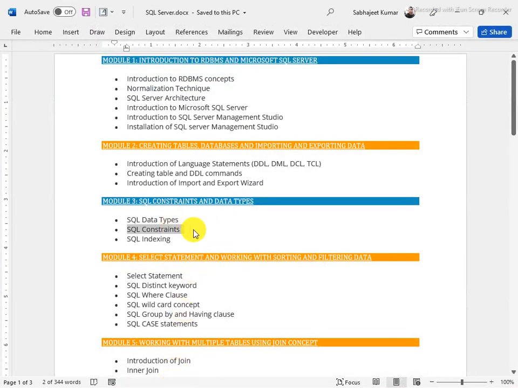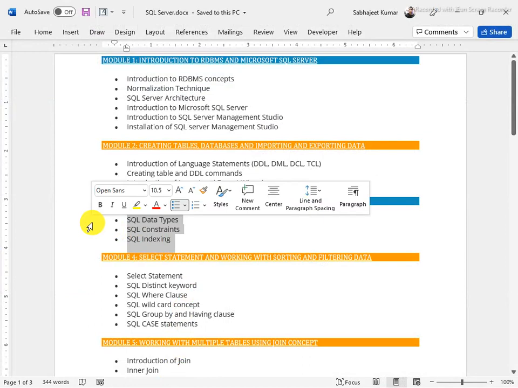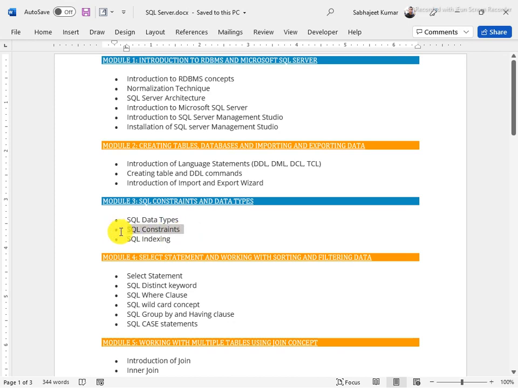Tomorrow I will go with data types and indexing. I hope that tomorrow indexing and data types will be finished, because they are not too big topics, but I personally want to explain SQL constraints in depth. So thank you.